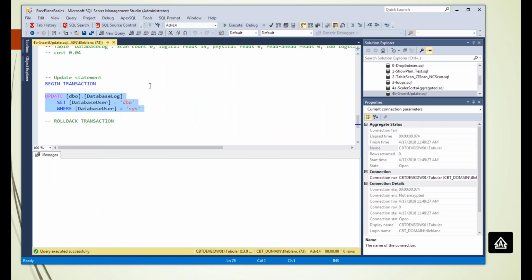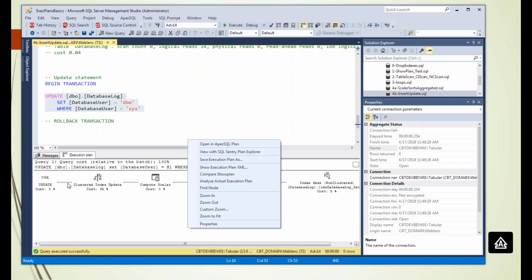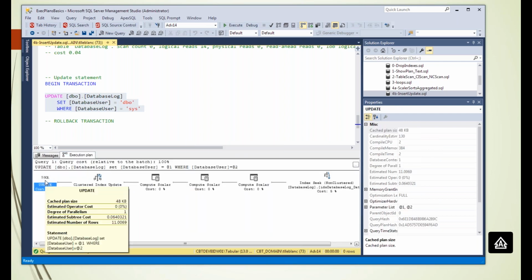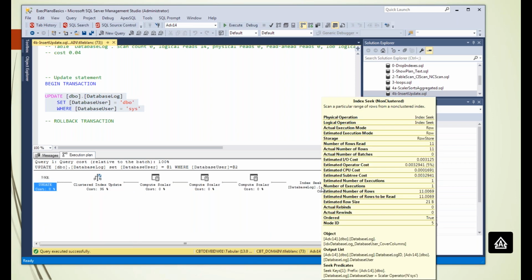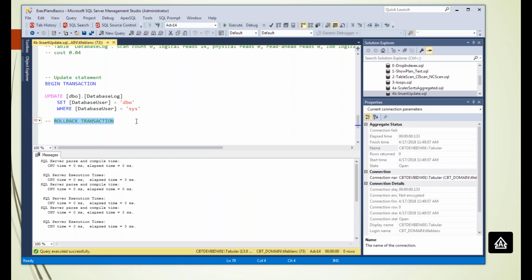Same thing with an update. So I'm trying to just do an update here. Look at that, 218 logical reads, and the execution plan is 0.06. So it's got to do a lot more work. But what you see on the end is an index seek. So the update, in that WHERE database user equals sys, can actually seek out the data first before it does the update, which actually reduces the cost because there's an index on it. I'm not going to keep those changes, and I'm going to roll back there,